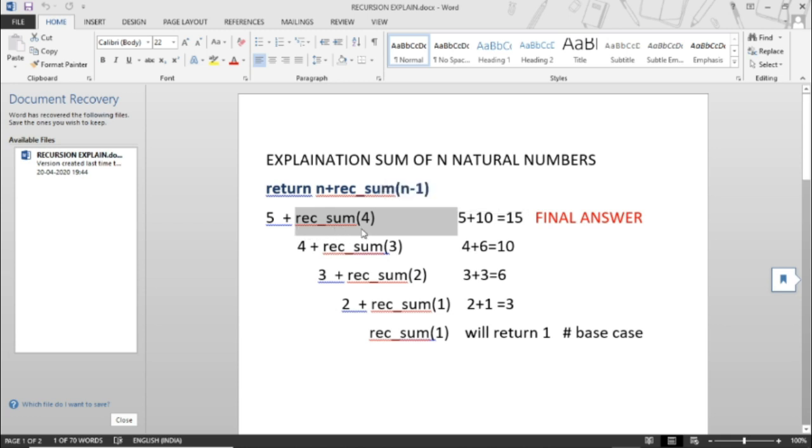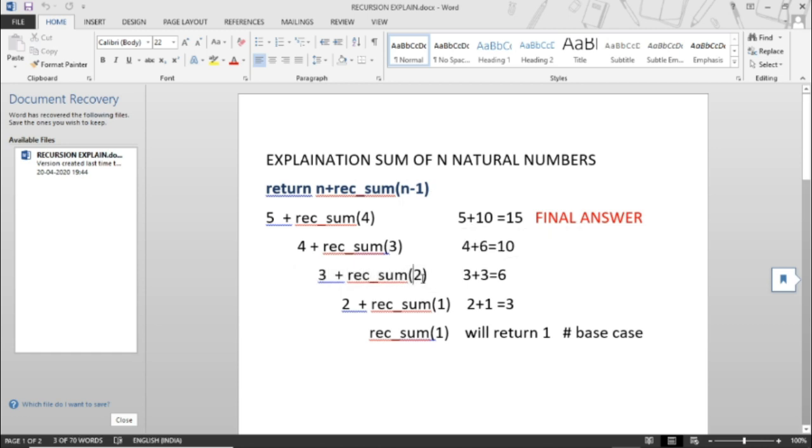Then rec_sum will be called with 4. And the statement will mean return n plus rec_sum(n minus 1) again, that is 4 plus rec_sum(3). Then it will be called with 3, and the statement will be n plus rec_sum(n minus 1), that is 3 plus rec_sum(2).